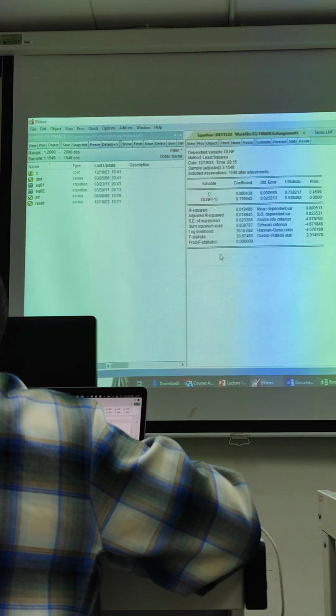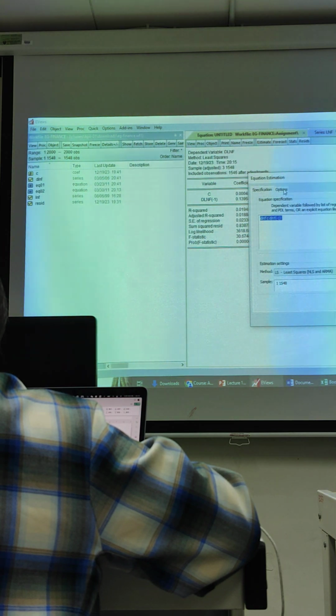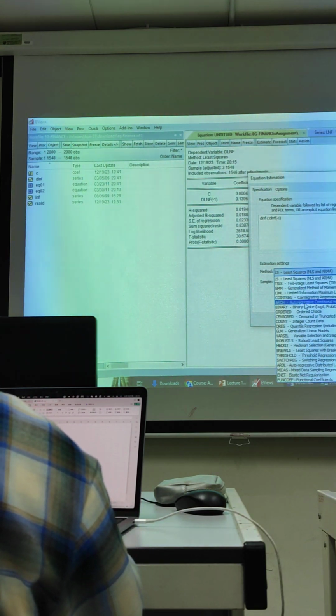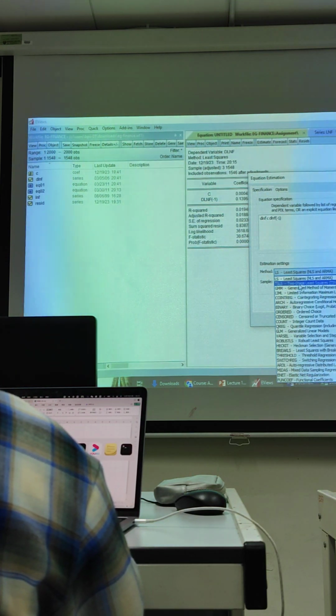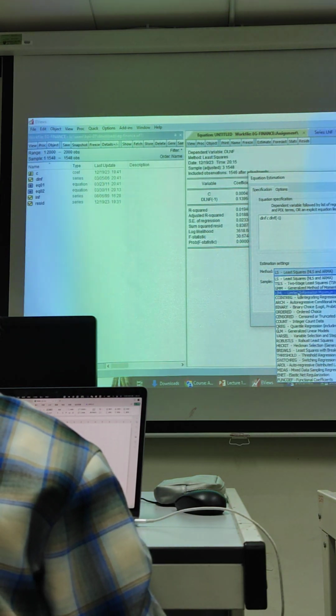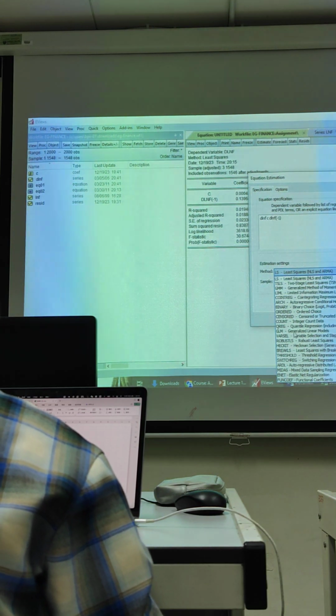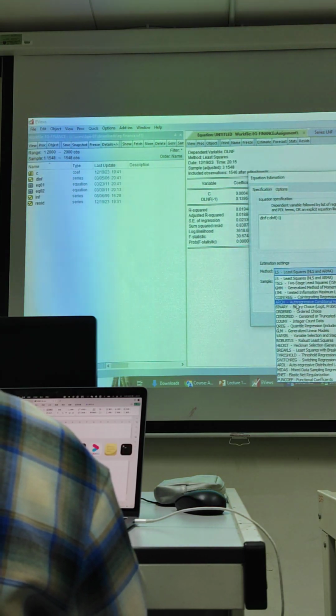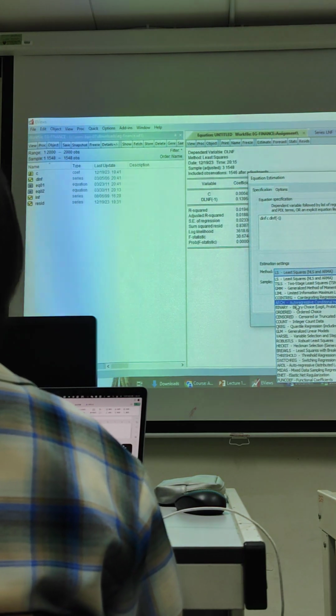Okay, yes. So now I'd like to start with the ARCH model. I would like to go to Estimate, then the Method here. You scroll down, there is ARCH, right? You can see least squares, STATE least squares, GMM, and a lot of methods here. So now I would like to focus on the autoregressive conditional heteroskedasticity.